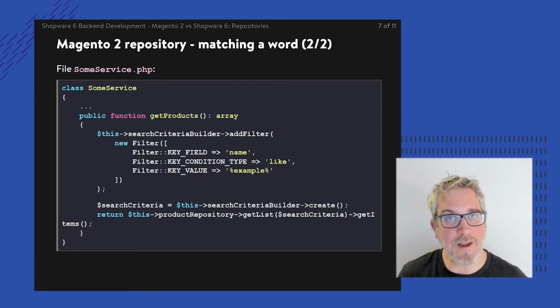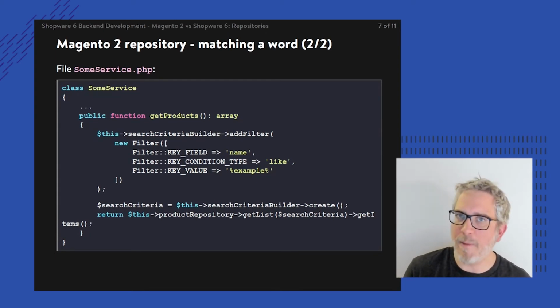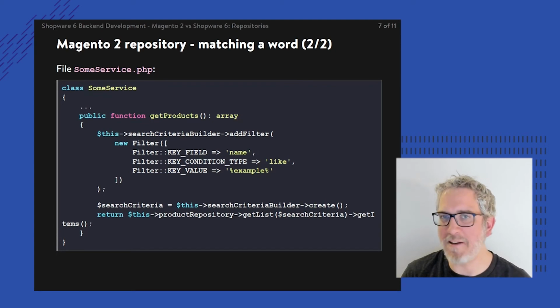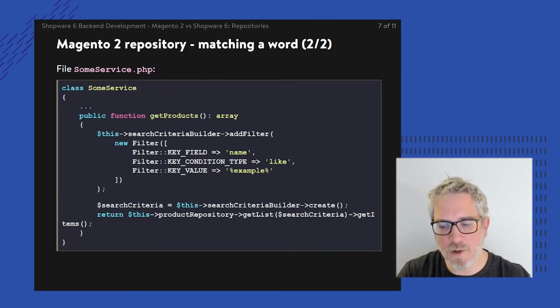The bottom line is that we've now seen this procedure, searching for multiple products, also requires this thing called a search criteria builder. And automatically, once you dive into search criteria builders, the code becomes more complex. That's what I wanted to point out: maybe at the beginning it appeared as if Magento was easier than Shopware, but then with that statement you don't know Magento. Once we get going with other scenarios, Magento actually becomes a little bit more complex as well. Now compare this to the Shopware approach.